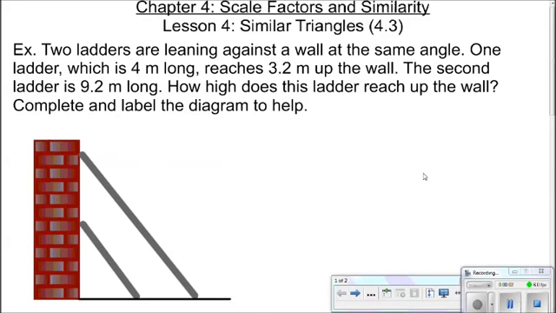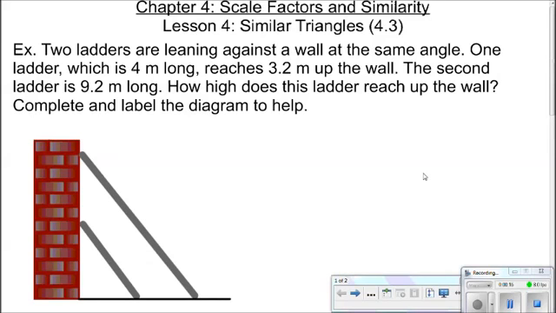Okay, we are on take 2 for chapter 4, lesson 4, similar triangles with problem solving. Sorry again that the last video did not have any sound attached to it. I'm not really sure why that happened, but we'll deal with some problem solving in this unit, or in this